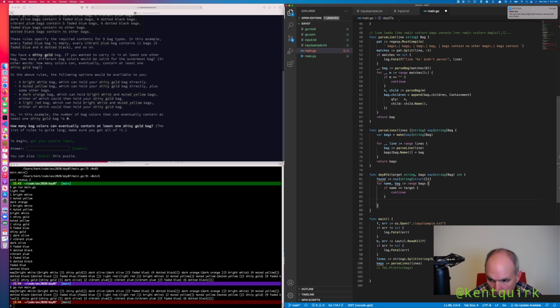So we can shortcut the search. So, for child in the range of bag.children,